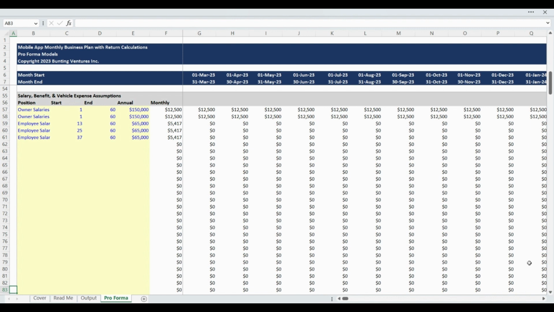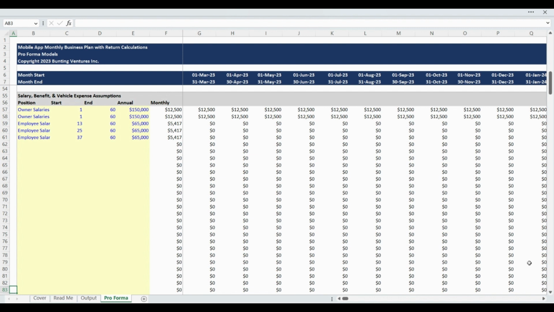The position name is entered in column B. The start date of employment is entered in column C. The number entered in the column relates to the model month number. For example, month 1 will be the first month of the model and month 12 will be the 12th month of the model. If you want a position's employment to begin in the first month of the forecast, enter 1